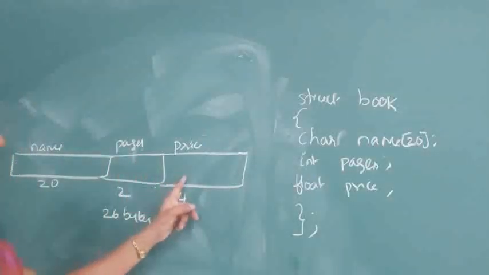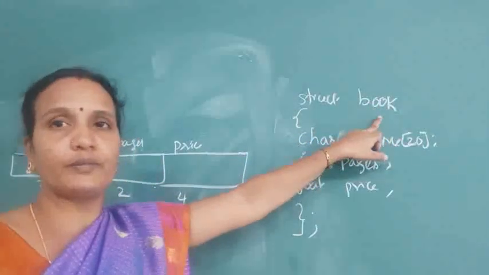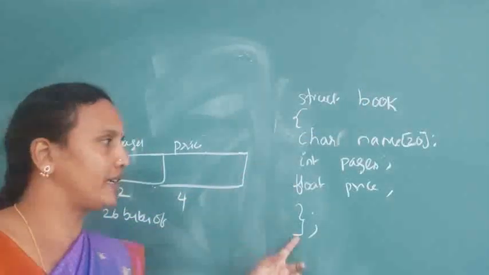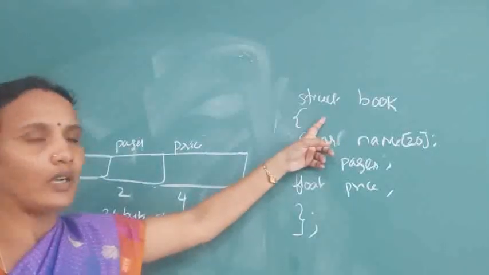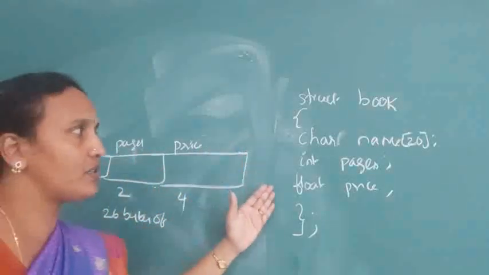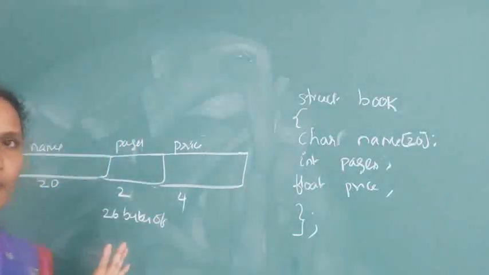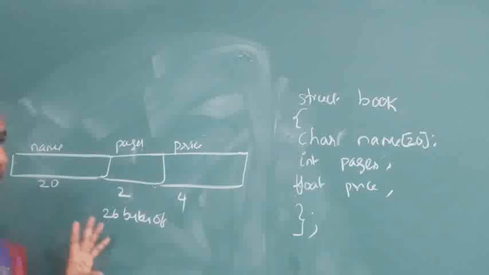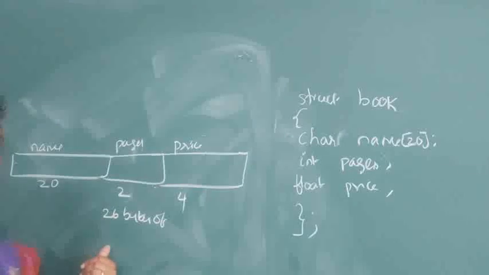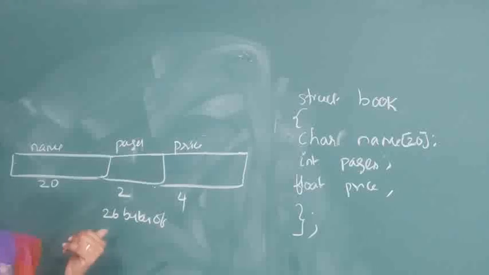These 3 elements are stored contiguously in a single location only, and each and every member is identified with the structure name. What is the name of the structure here? Book. Understood? So like this we can store elements of different data types in a structure. That is the main difference. From the memory point of view, there is no difference. I am using different data types, so however much memory is needed for each element, that much memory is given in a single row. So this is about structure declaration, example, and memory representation. Next I will explain how to declare structure variables.